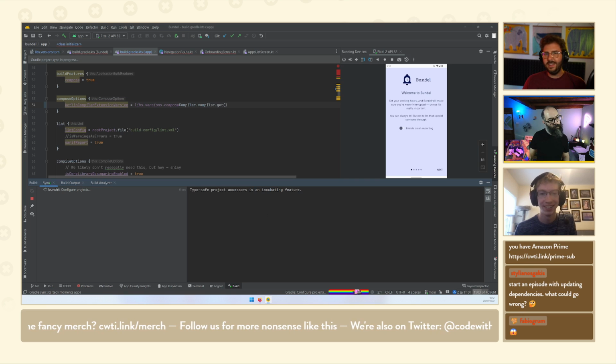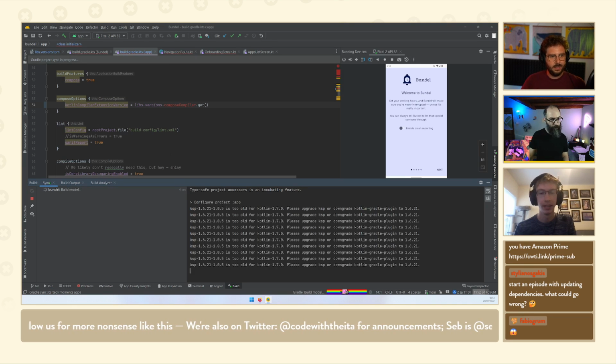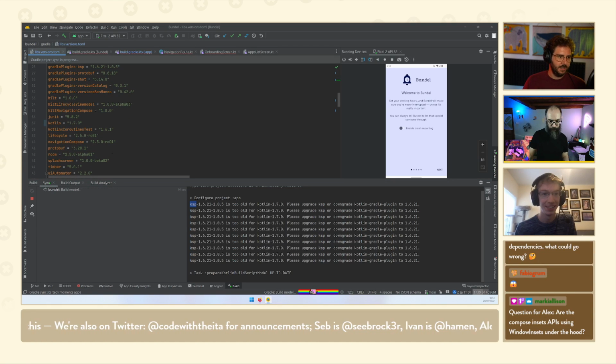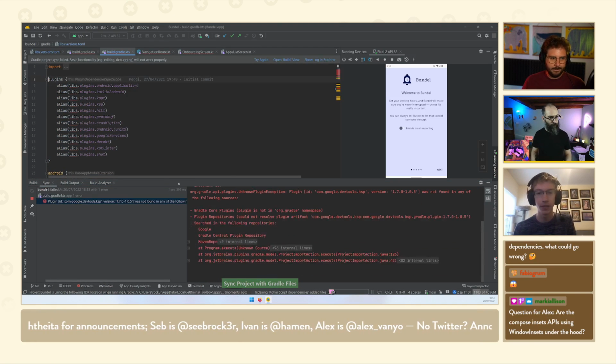Stylianos, if you're right and this doesn't work, I might be upset with myself. Yes. Part of that. Still doesn't seem to like it too much, but maybe it's just because it doesn't compile. And then I think I need to update KSP, obviously. But KSP is probably gonna break Hilt because of course it is. Let's try 1.7.0, but it's the same version, so it should work. It might be 1.0.6